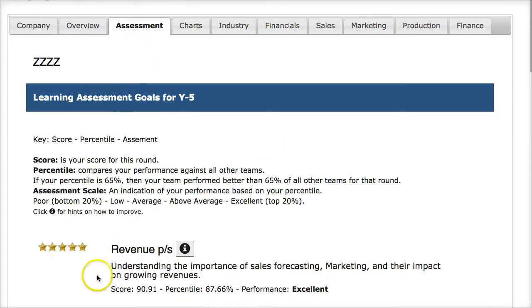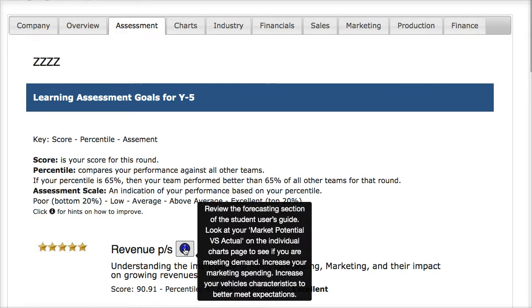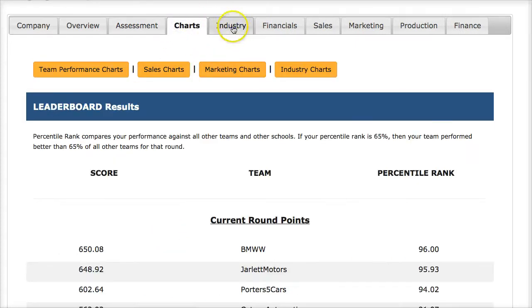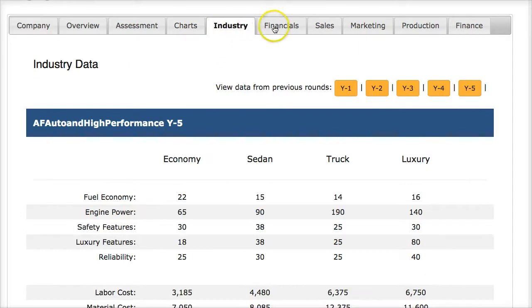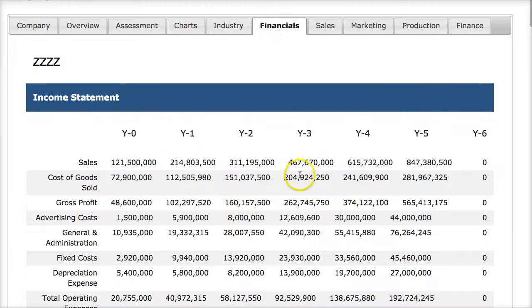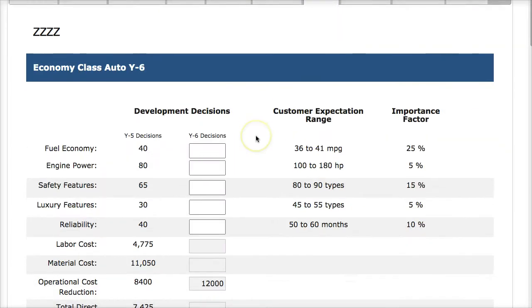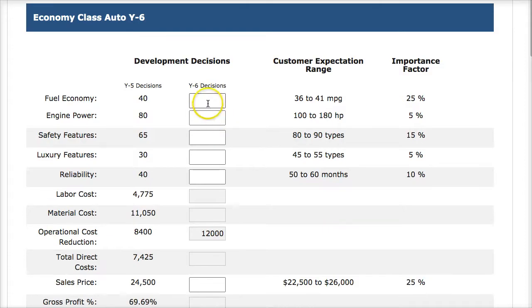The personal assessment can be reviewed to see how you did in each category, in very descriptive terms, plus getting some inside information by clicking this informational link here. Charts we reviewed together. Industry is where you can get details on your competitors. Financials will back up your financials every year, and of course you start again at sales. So at sales now, I want to again start building my cars based on